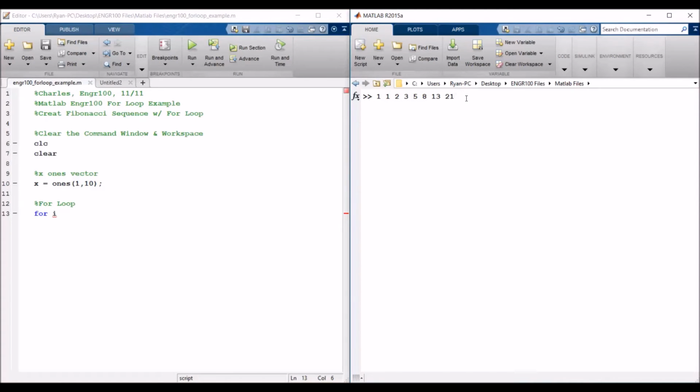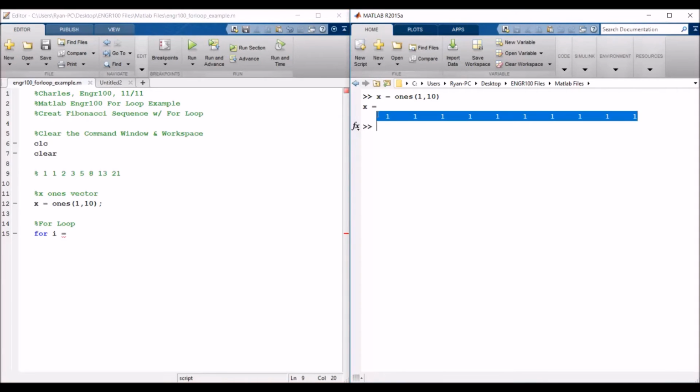If I have that, let's copy this and put it as a comment here. If I have this here, I need to turn this into this, pretty much. I think I'm missing, let's see, 1, 2, 3, 4, 5, 6, 7, 8. Missing 2